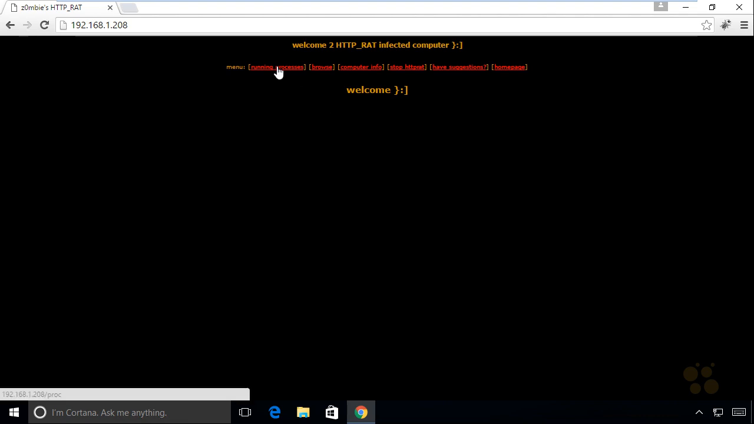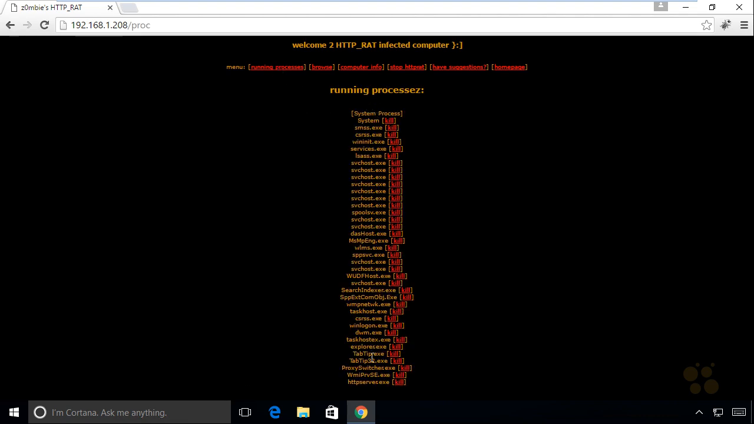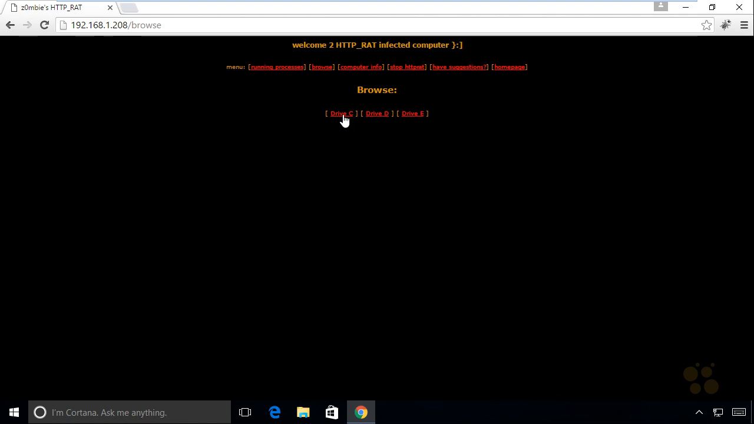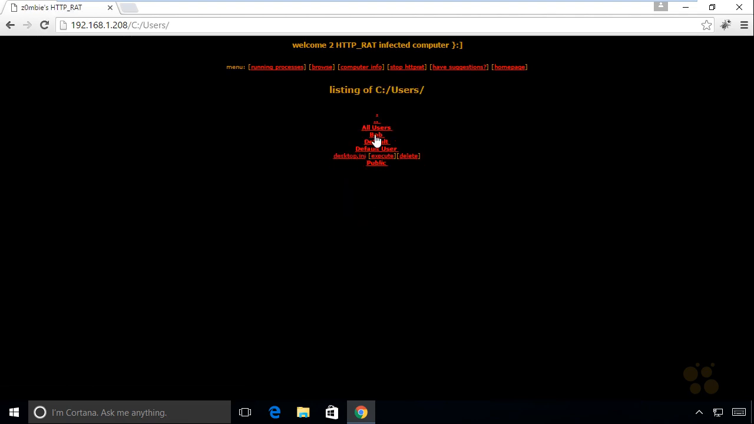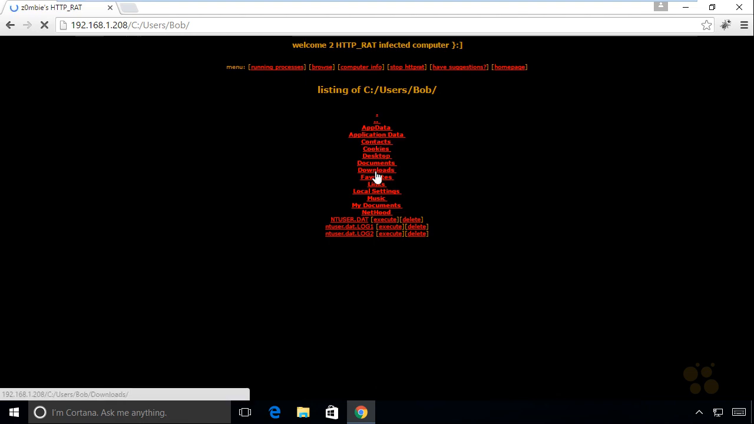So if we click on the link for running processes, it'll give us all the running processes. We could click on the kill link to stop those processes. I also see down here at the bottom we have our http server.exe, which is what's causing this functionality. That's the Trojan. If we click on browse and we want to look at the various drives, we can click on drive C, and that gives us some access. If we click on users, there's Bob, there's downloads,